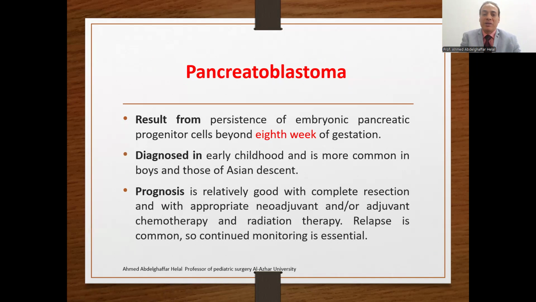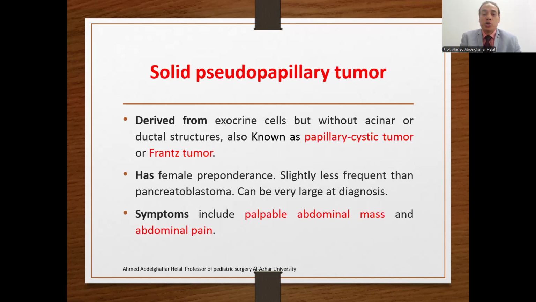Pancreatoblastoma arises from the embryonic pancreatic progenitors, is diagnosed in early childhood, and is more common in boys and Asians. Prognosis is relatively good with complete resection and appropriate neoadjuvant and adjuvant chemotherapy. Relapse is also common. Solid pseudopapillary tumors, also known as papillary cystic tumor or Frantz tumor, have a female